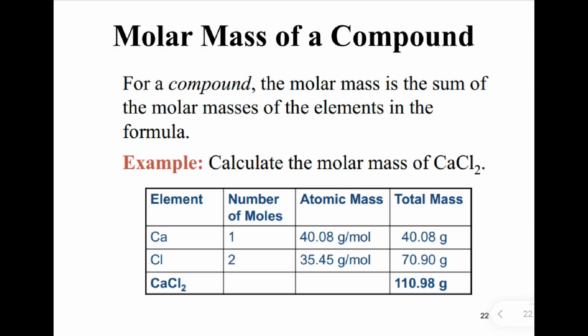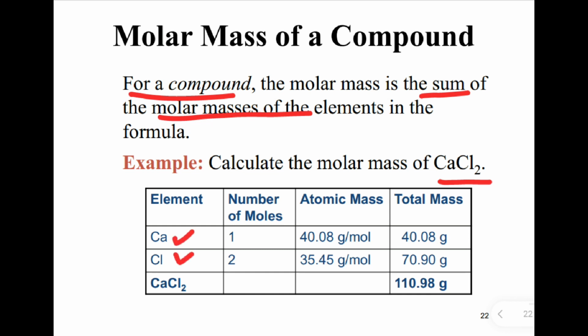For a compound, the molar mass is the sum of the molar mass of the elements in the formula. ለአንድ ውህድ በፎርሙላ ውስጥ ያሉ የእያንዳንዱ የኤሌመንቶች ሞላር ማስ ድምር ማለት ነው። For example, calculate the molar mass of calcium chloride. ካልሲየም ክሎራይድ CaCl2 ነው የሚጻፈው።